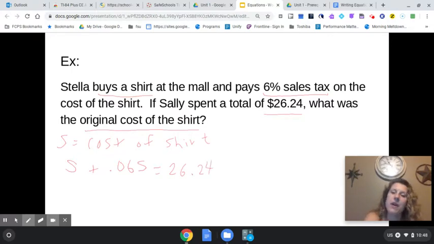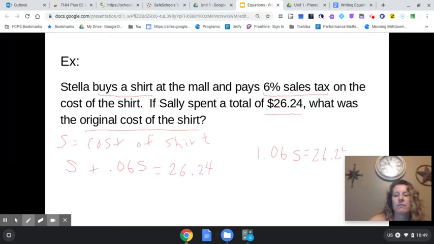Another way to think about this, guys, is she's going to spend 100% of the cost of the shirt plus the 6% sales tax. So really, she's spending 106% of the cost of the shirt. Of is a keyword for multiply. So 106% is 1.06. 106% of the shirt's cost. Of means multiply, so I'm going to multiply that by S. And again, that equals the total cost,